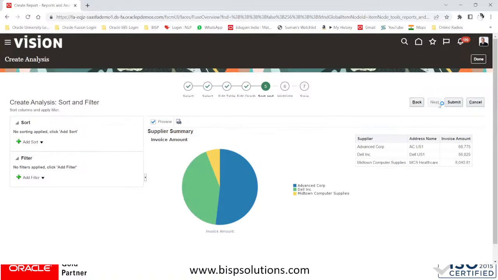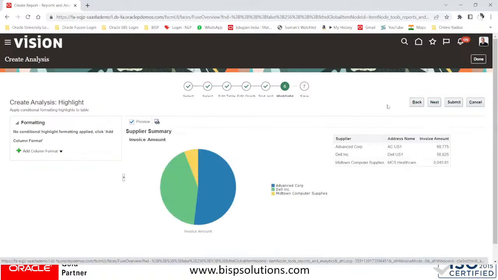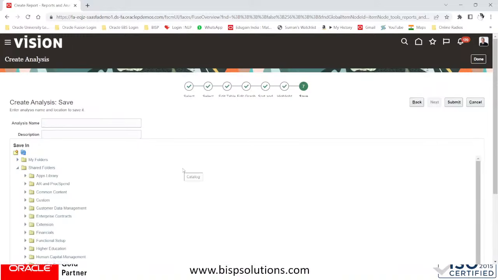Say next, and then say next. If you want any highlights or something like that, you can do so. You can save this analysis in shared folders. So out here in the shared folders,